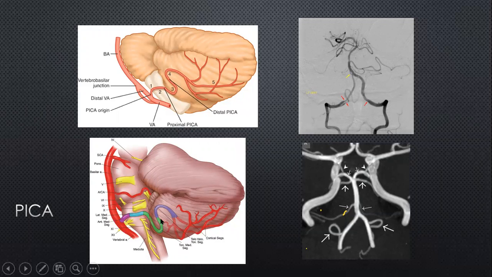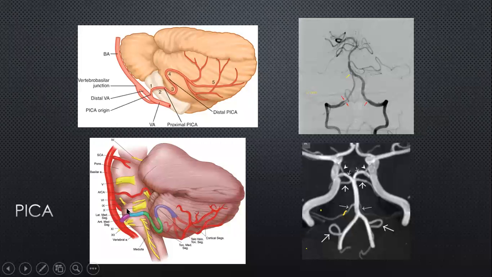So this is what we call the tonsillar loop of the PICA, and it comes back on itself, reaching very close to the floor of the fourth ventricle, beyond which it then divides into the vermian and the hemispheric branches. In terms of the functional importance of this, the PICA supplies a vast territory of the posterior and lateral medulla from these segments. If there is a disease much more distal, and you have to treat by obliterating that vessel, if that obliteration is anywhere distal beyond this loop, then the likelihood of causing damage to the brainstem is much less.